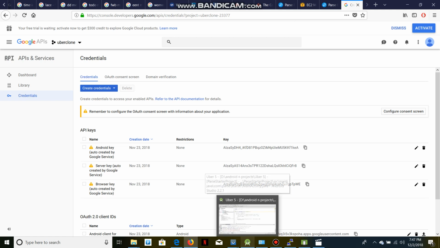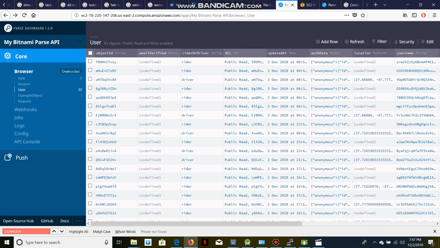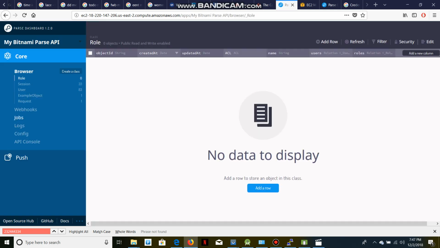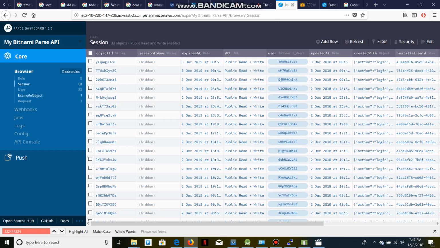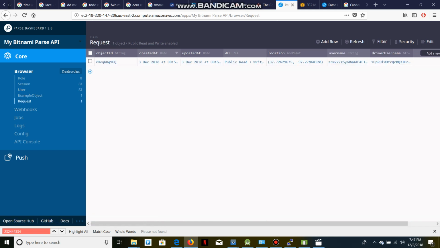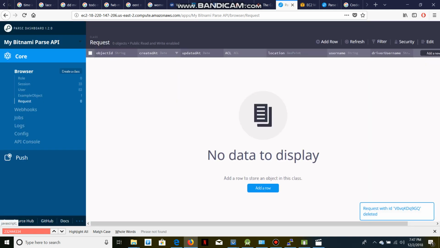So let's get started. Okay, let me show you the PaaS server. So this is my PaaS server dashboard. There are so many sessions of the drivers and riders which I've used in the past in order to process the request. So right now, as you can see, there is one request. Okay, let me delete this request so that I can show you the live demo. So I have deleted this request, and now let's log in to the app